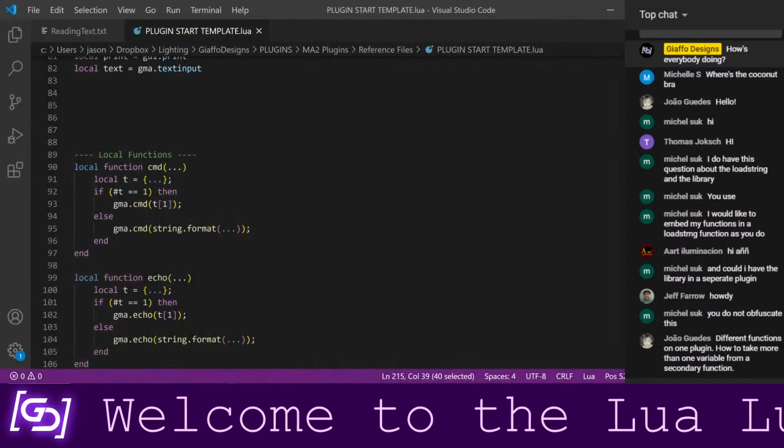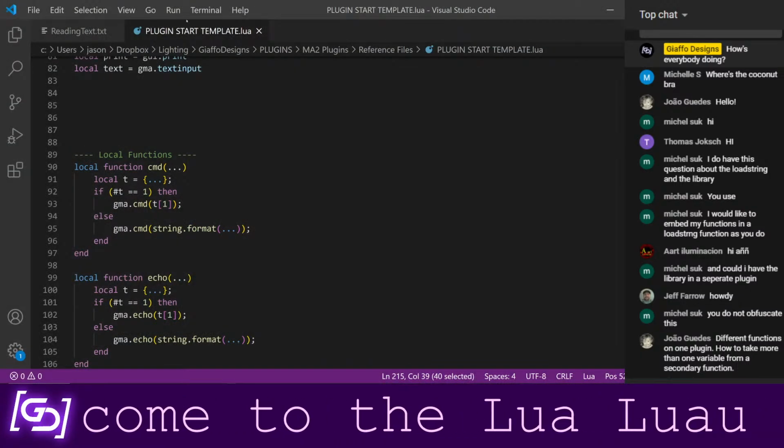I am by no means any definitive reference for Lua programming. There are plenty of people who know much more about programming in general than I do. I don't want to come across as acting like an expert on everything. Again, I just want to share the bits that I do know for what it can help for other people. So I'm just going to hop over to this screen for now.